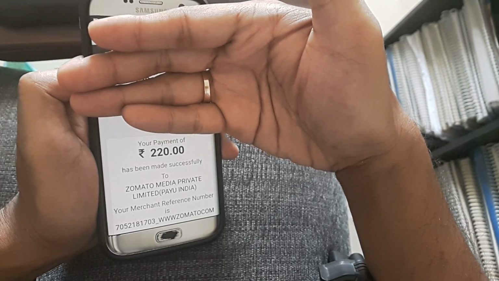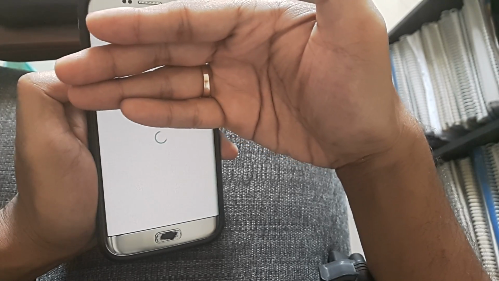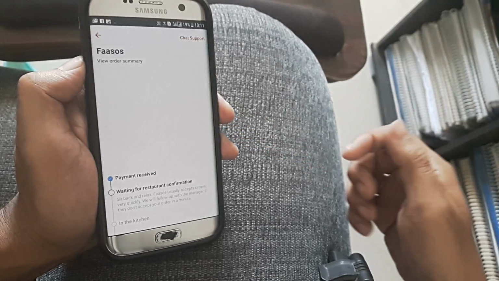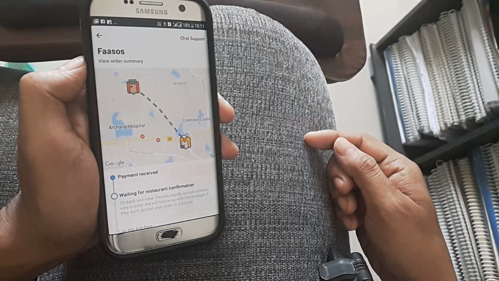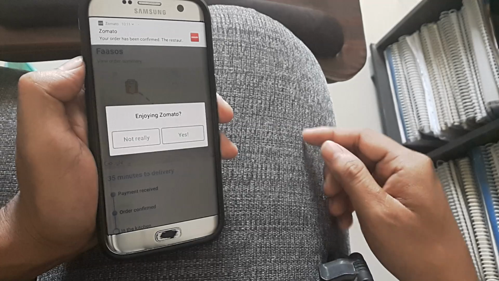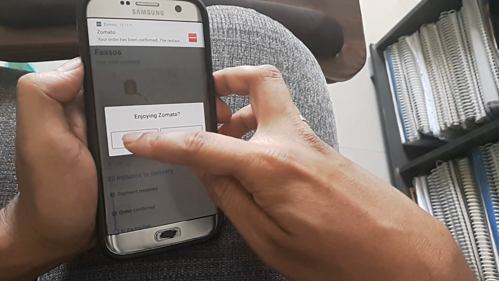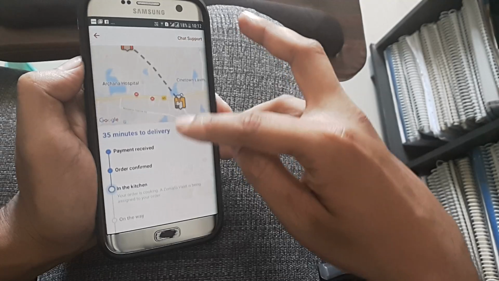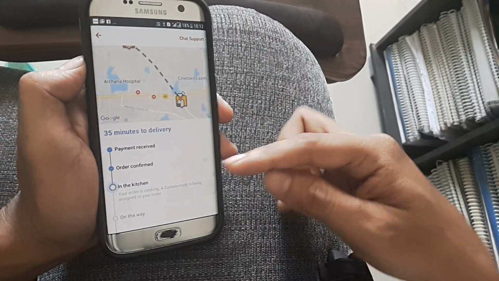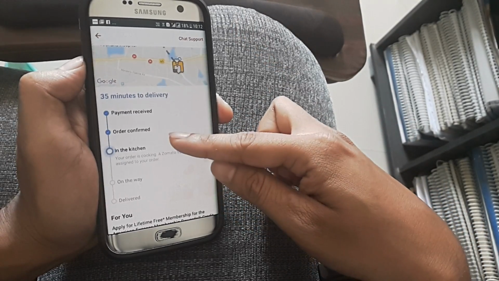So yes, your payment has been made successfully. Just waiting for the confirmation to arrive. And there you go, the order's been placed and enjoying Zomato. So 35 minutes to delivery, the payment's been received, the order's been confirmed, and right now, as you can see,